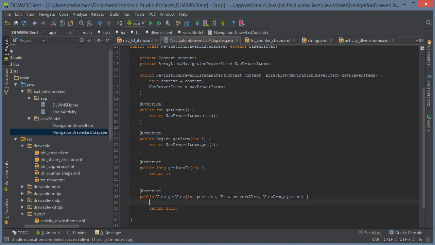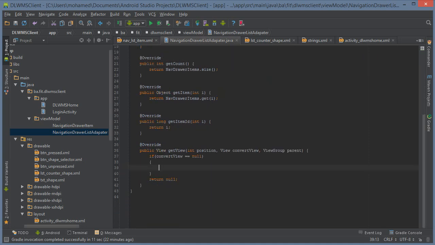So, right now, we need to check, first of all, if the actual view equals null, which in fact represents one single item, by the way. Remember this convert view we are converting, this view is in fact a list item. And we're going to check if it is null. If it is in fact null, so we still haven't populated it, it doesn't exist,